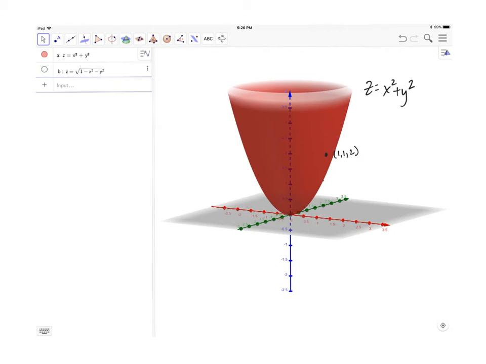So this first one is the function z equals x squared plus y squared. And so you can see it kind of has this parabolic shape, kind of like a bowl or a cone sort of shape. And if you take it in cross sections, if you sort of cut it this way, they would look like circles, right? You can see kind of at the top, there's this sort of circular shape. And so if you kind of look down on it, it looks like, you know, circles.